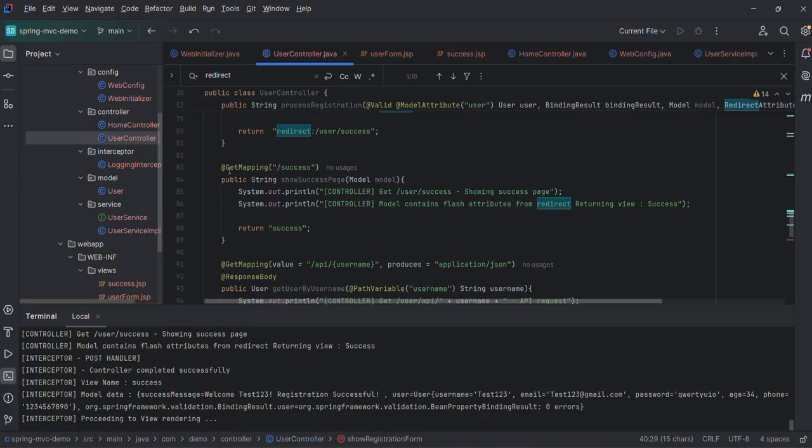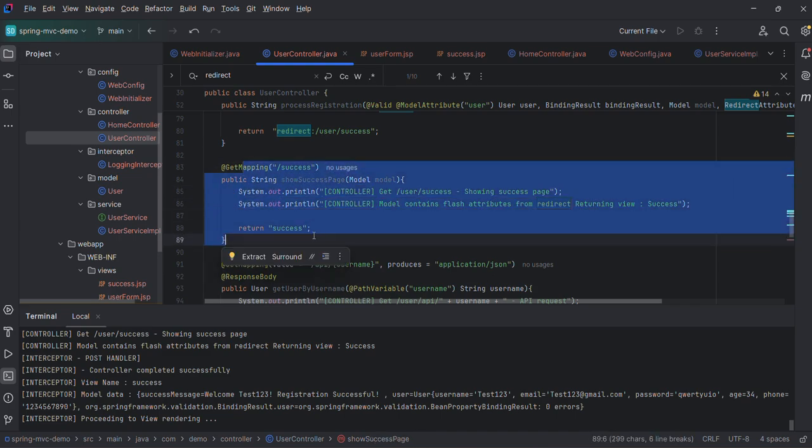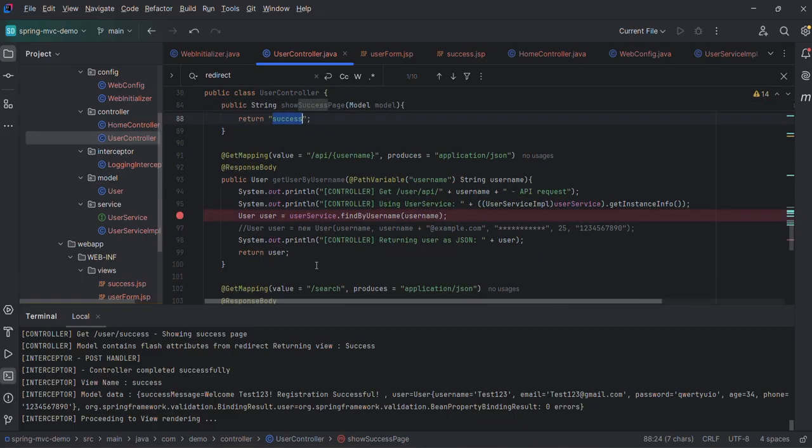So this is directly calling class slash success. This is getting the value from the success page that we just saw, right? And then now API slash username. Let's see if the username is this. So what is the logic we have written here? It should, what it is saying, if you click on this,